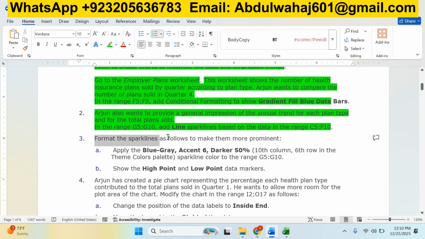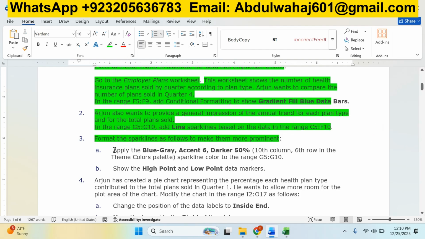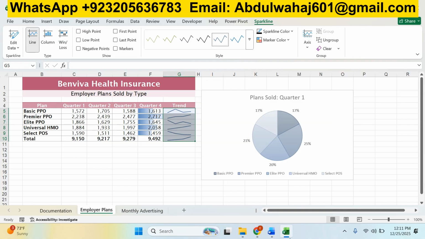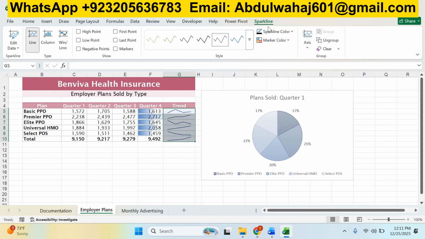Now format the sparklines as follows to make them more prominent. Apply the Blue-Gray, Accent 6, Darker 50% sparkline color to the range G5 to G10. Blue-Gray, Accent 6, 10th column, 6th row. For this, first of all you need to select that sparkline range. When you select the sparkline range, you will see the Sparkline tab appear. Now we will navigate to the Sparkline Color,